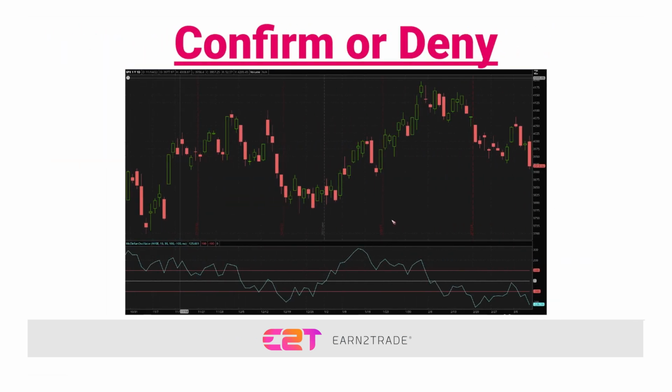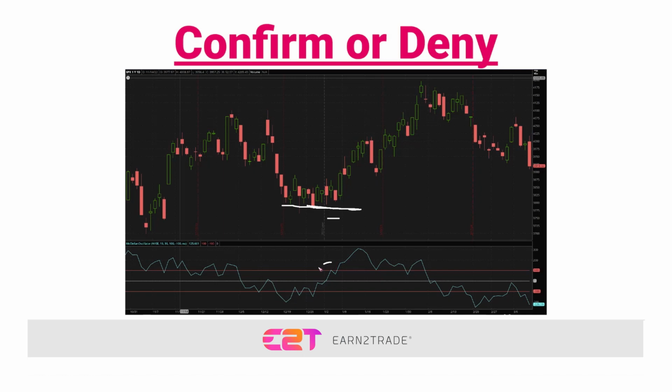Another popular use of the McClellan oscillator is confirming or denying a trend. This is relatively simple. We're just looking to read the indicator, get an idea of whether it's a bullish read or a bearish read, and confirm or deny our pre-existing bias or belief about which way the market itself is going. So say we're looking to go long around this area for the reason of we believe there to be some type of support going on here, and we think it might be a good idea to buy with a